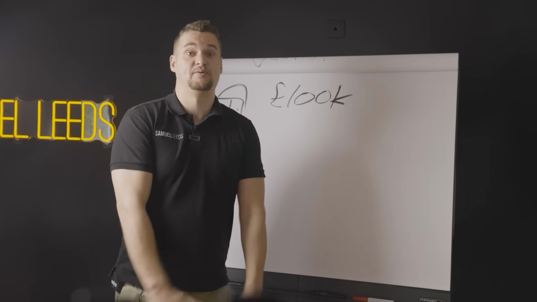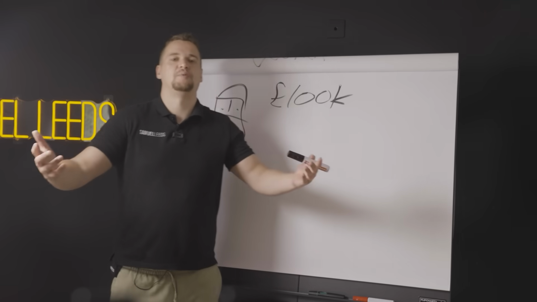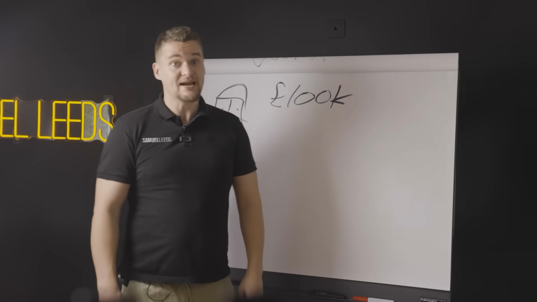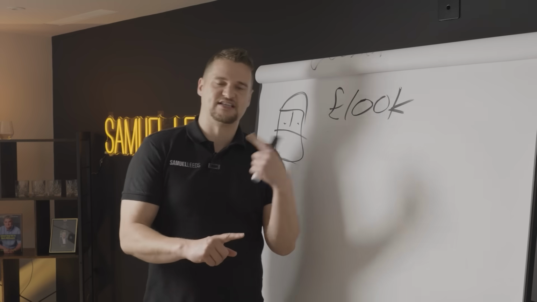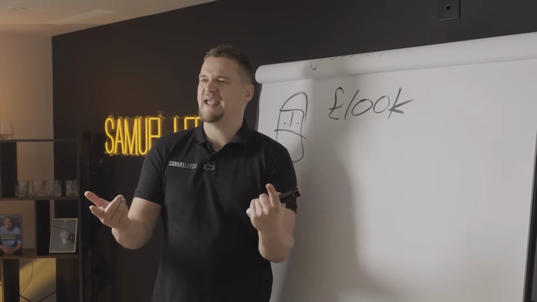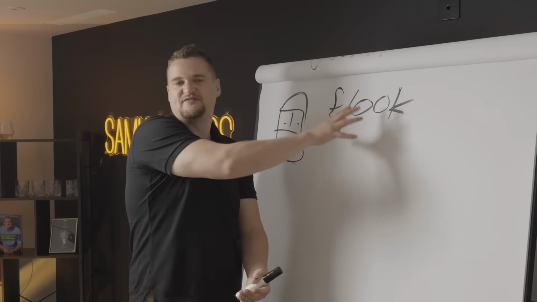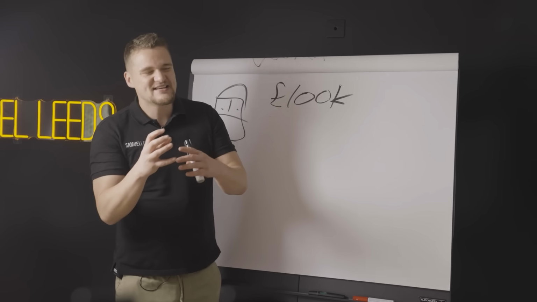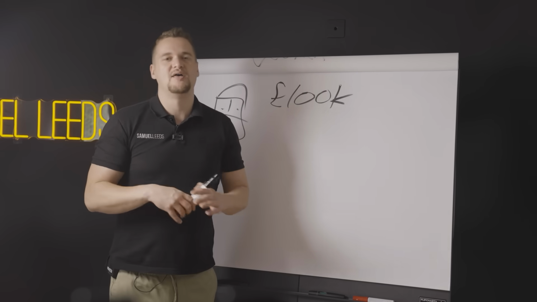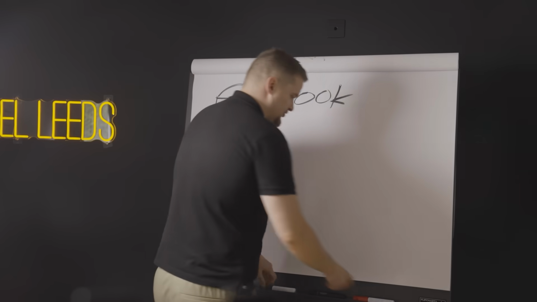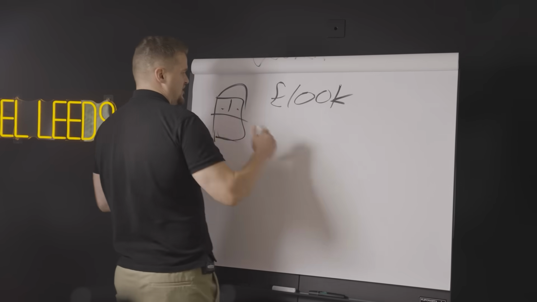Now, you might be able to put down less. Of course, you want to put down as little money as possible. You might be able to get a 100% mortgage, but that means it's going to be a residential mortgage. You might be able to get an 85% or an 80% mortgage and only have to put down 20%, 15%. But then you're going to be limited on the lender you can go with, and you're probably going to pay higher monthly rates. So we're going to assume that you're going to have to put down 25%, which will